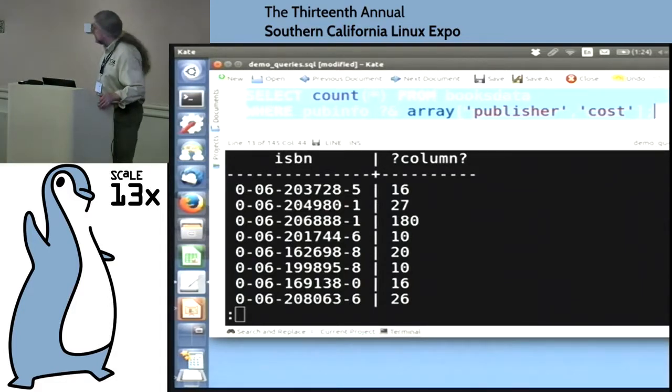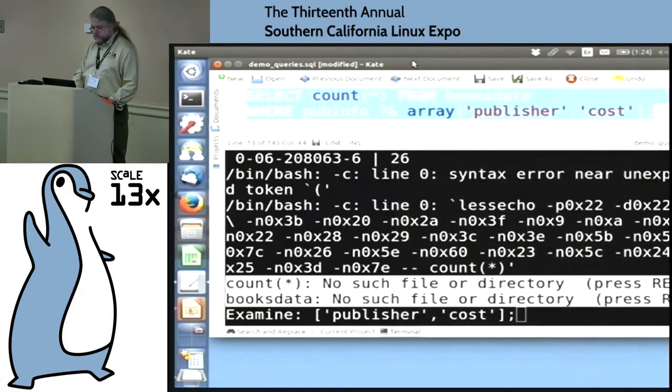Now our little cartoon sorting operator, this question mark ampersand, says return true for all of the values where they have all of the keys in this array. There's also one for where they have any of the keys in this array, which is question mark vertical bar, I believe.